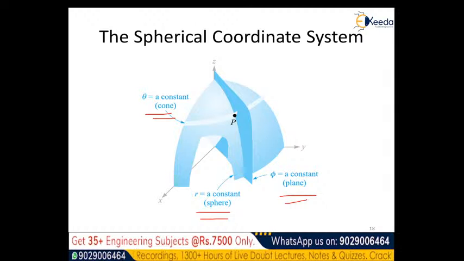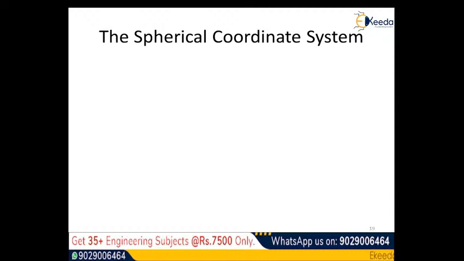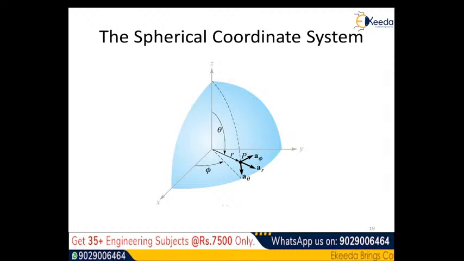Now these are the surfaces in the spherical coordinate system. Now what are the three unit vectors with the help of which we have the mathematical notation for the representation of a point or a vector in three-dimensional space using this coordinate system? That we shall see here. So I hope the spherical